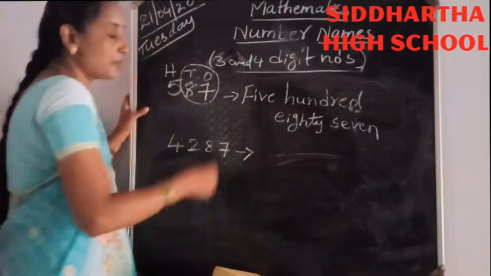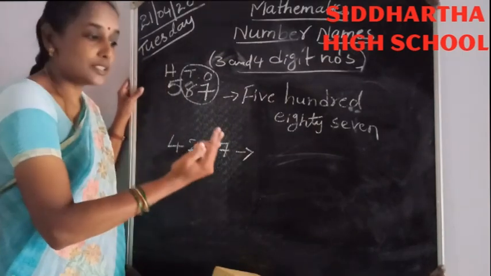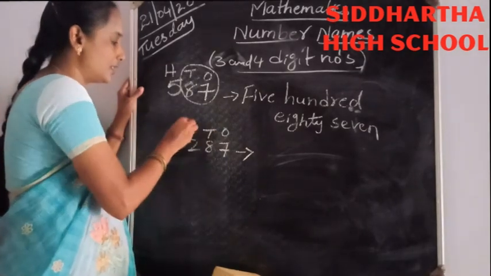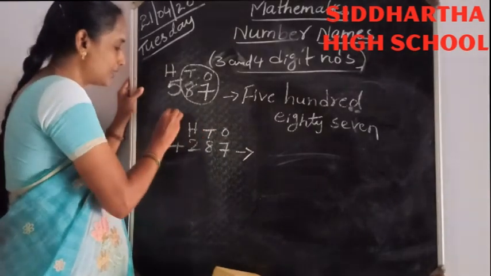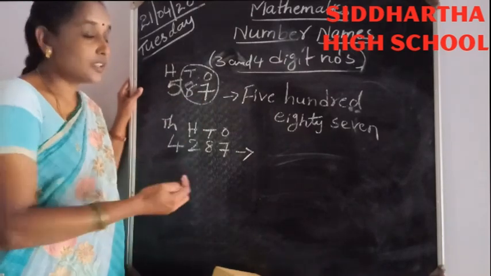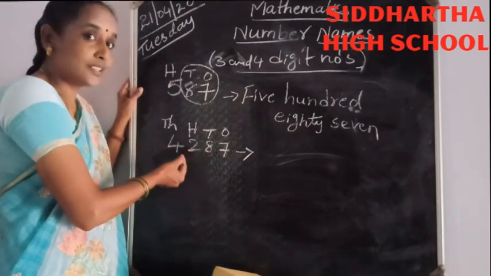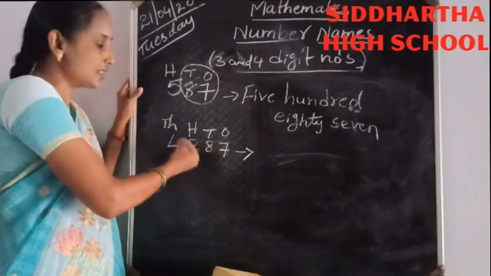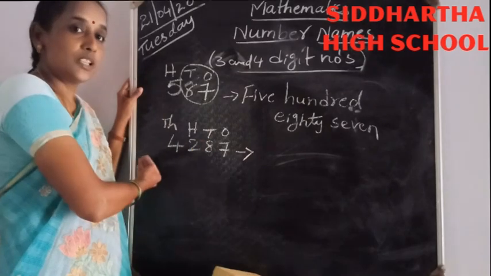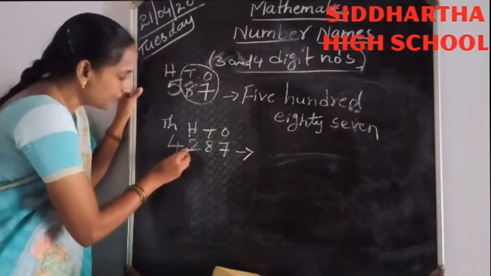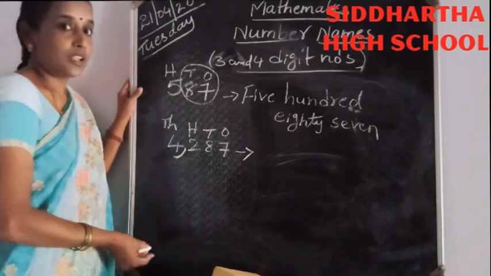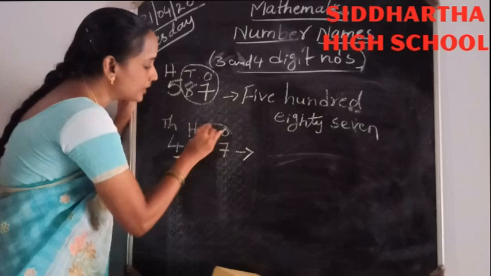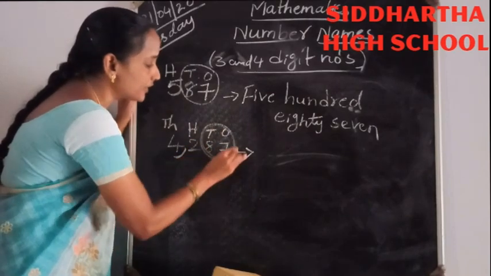Now we should mention the place values from right side to left side. Ones place, tens place, hundreds place and thousands place. Already I said ones, tens and hundreds are a separate period, and thousands are a separate period. Two periods are separated by the comma. To make it easy to understand, circle this 8 and 7 and read this one combined.